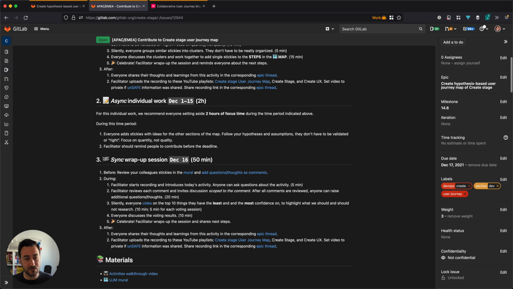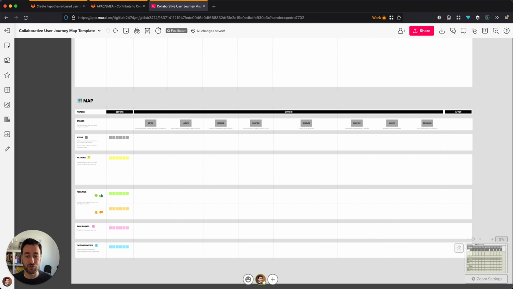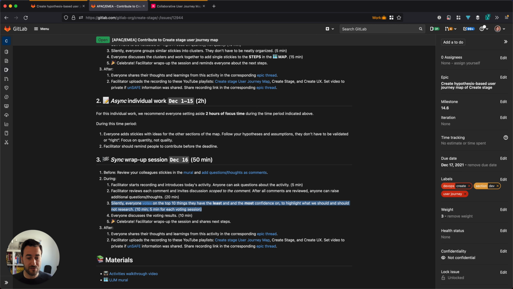When this period for asynchronous work ends, we will have another synchronous session, which will be a wrap-up session. Before that, I invite everyone to review the stickies that your colleagues have added here during the async period, and ask questions and place comments with thoughts, so that we can have a more productive conversation during our synchronous wrap-up session, where we will go through those comments, thoughts, and questions, and discuss them. After that, we will vote on the things that you have the least and the most confidence